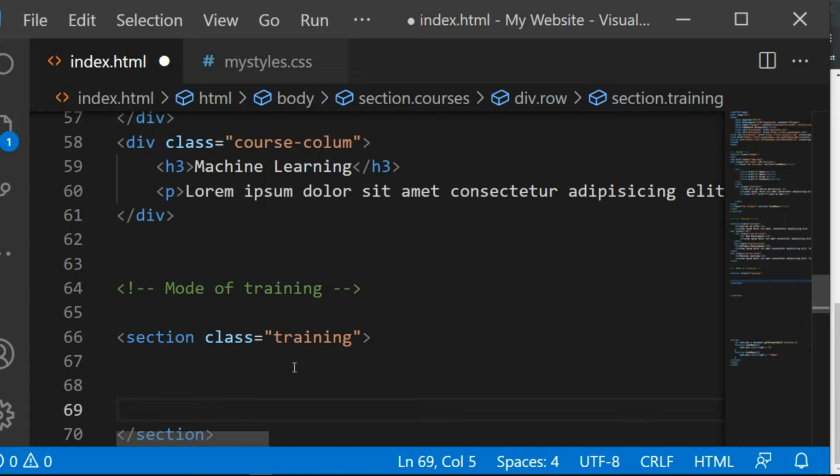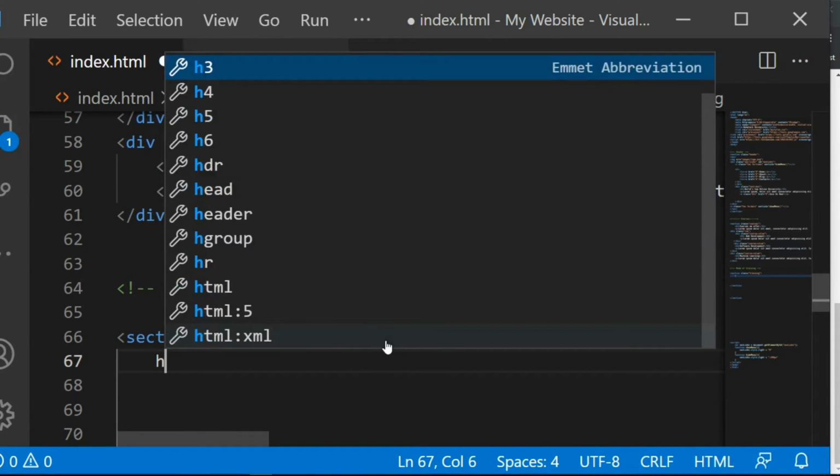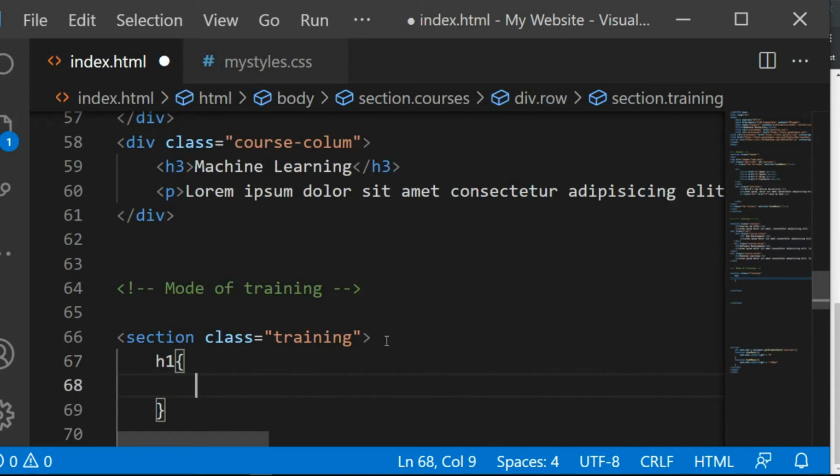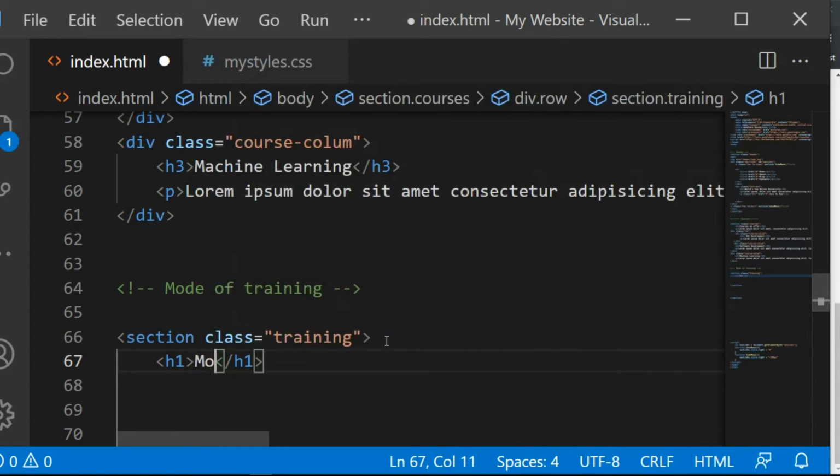So now I want to create some h1, so some brief description. So before that, I create a heading. Heading is an h1. Let me create an h1, then open and close the curly braces. Let me just undo. h1, and then here let me just say mode of training, mode of teaching,